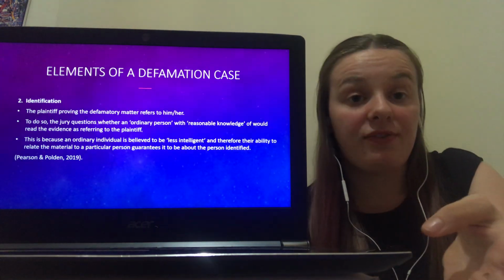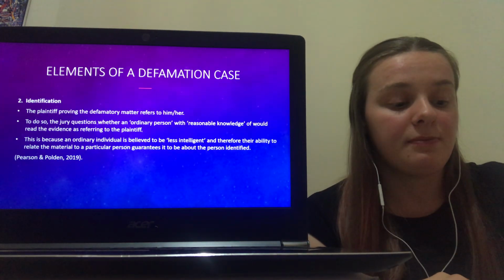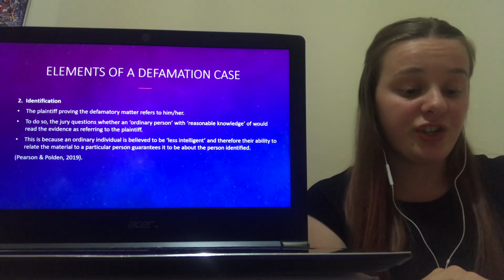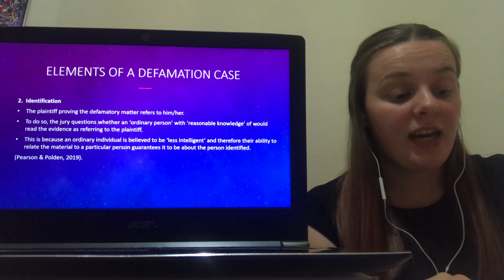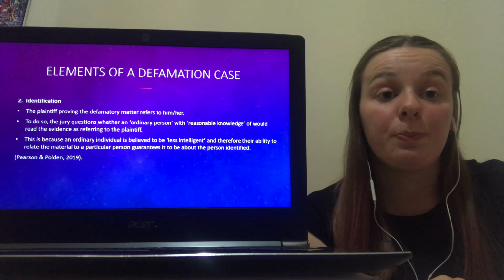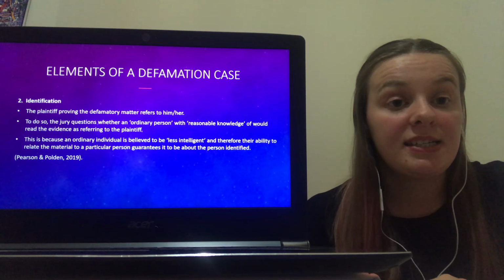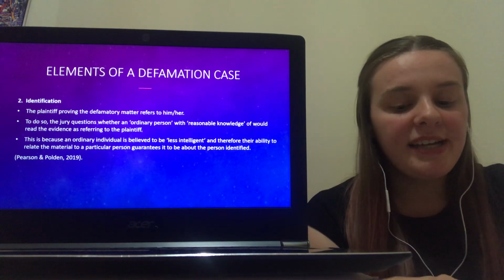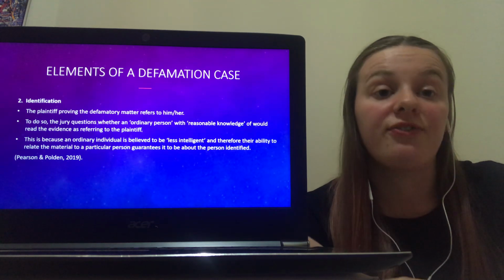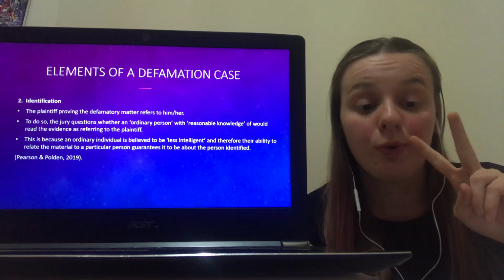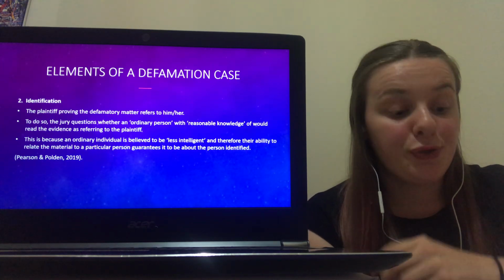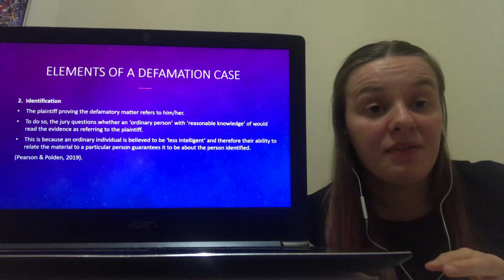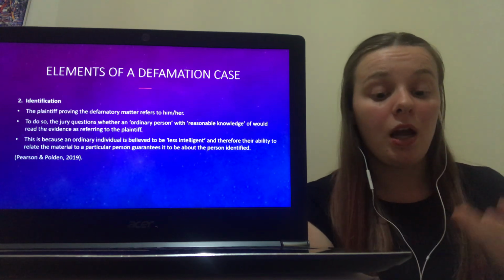So once this defamatory matter has been recognised, the second element is identification. And in defamation, identification refers to the plaintiff being able to prove that the presented defamatory matter is in fact referring to them. And to determine this, the jury are advised to find an ordinary person with reasonable knowledge in the circumstances to view the evidence and decide for themselves whether or not they think it is referring to the